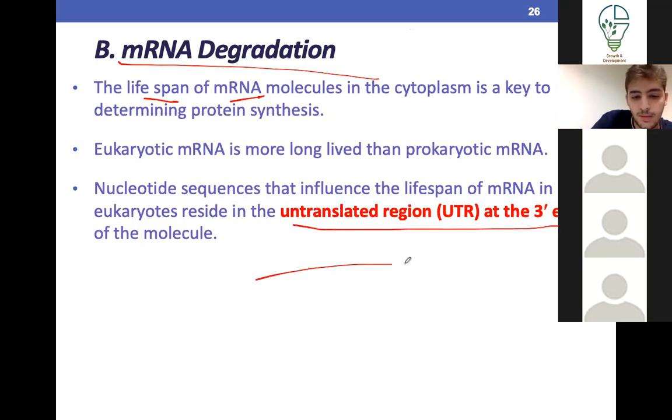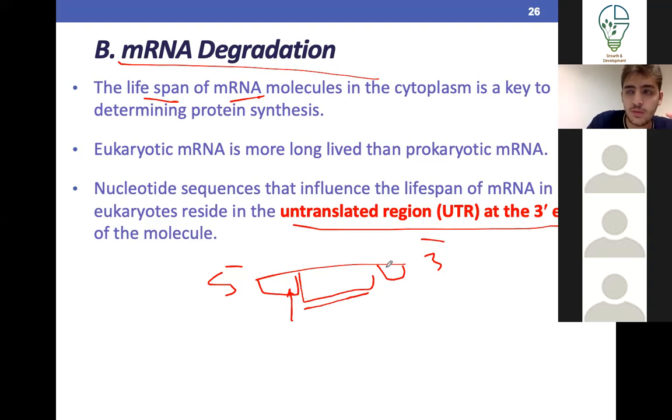So you have the mature mRNA with the 5' end and the 3' end. There is an untranslated region here. In the mRNA, you have the part which will form the protein, and you have a UTR here and a UTR here. A UTR is an untranslated region, which means it won't get translated. For example, in the 5' UTR, there will be sites for the ribosome to bind and start the translation of this part, and there will be a sequence that will stop it here.